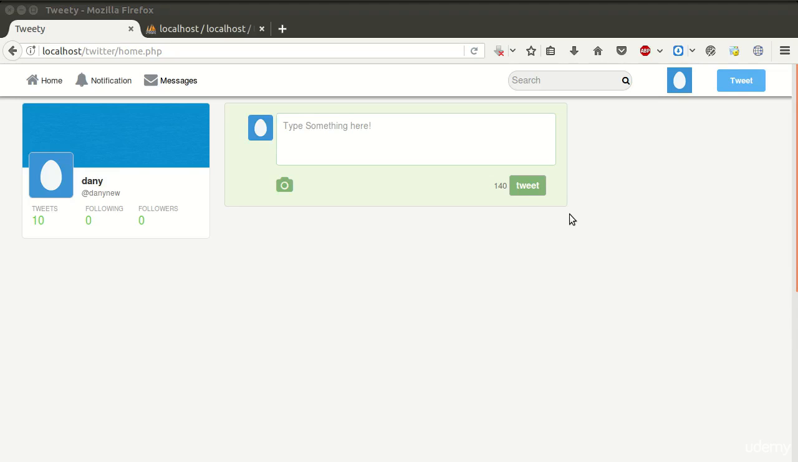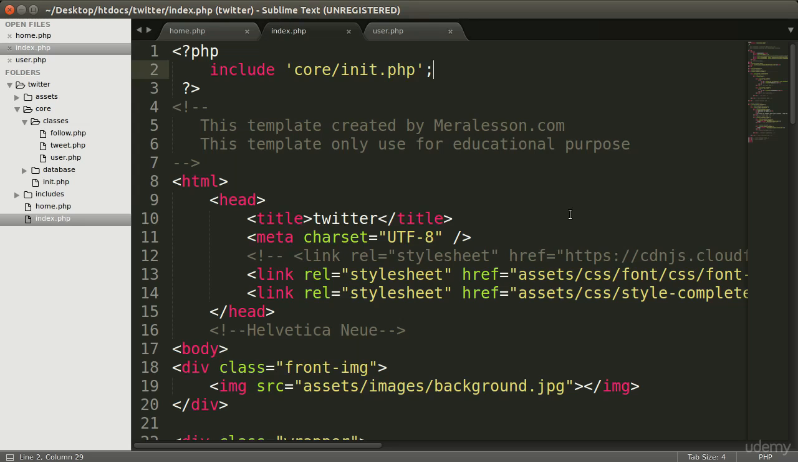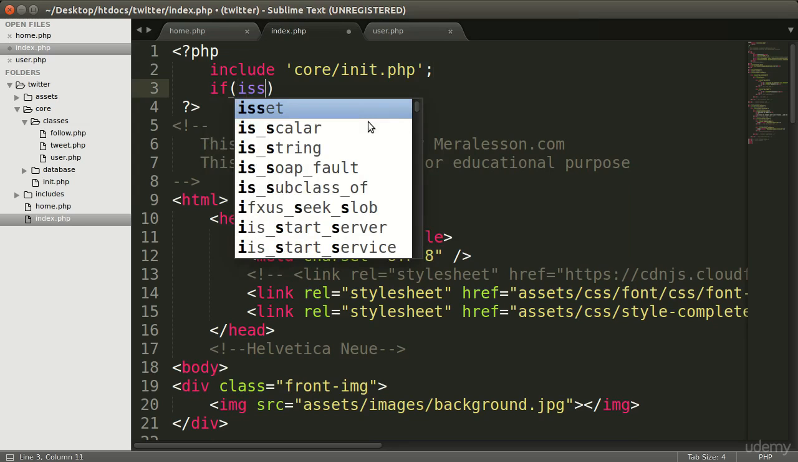Hello, welcome back. In this lecture, we create profile.php to display the user's profile, and we will also redirect the logged in user to home.php in our index.php. So go to your index.php, and below the include, we need to create an if condition to check if the user is logged in. So isset